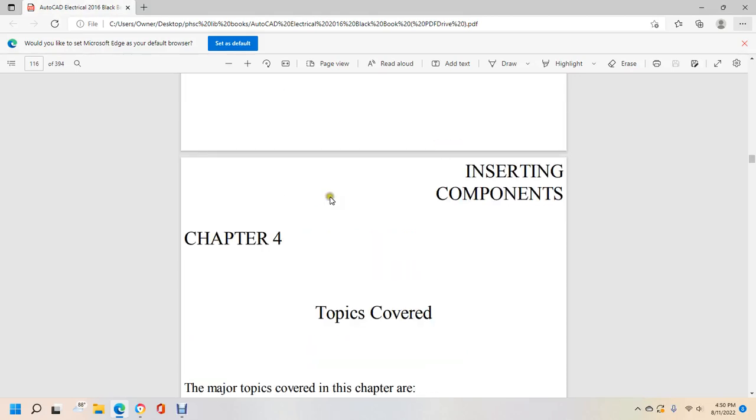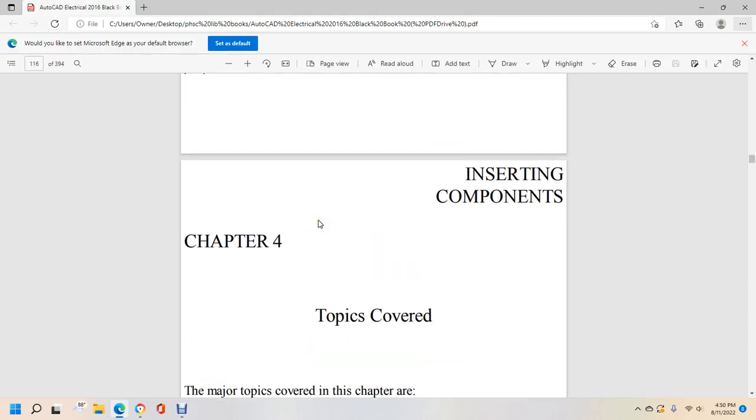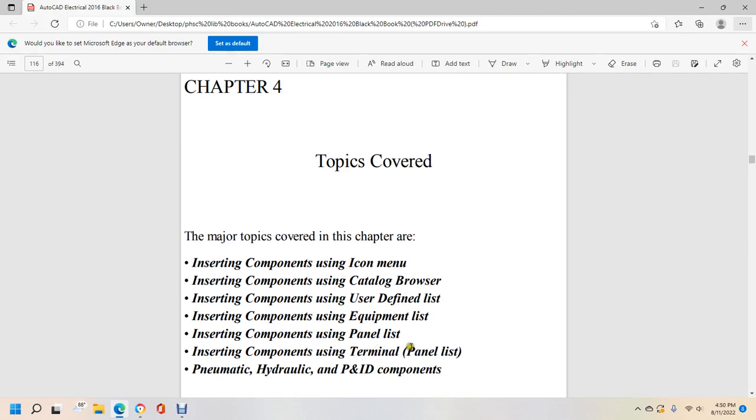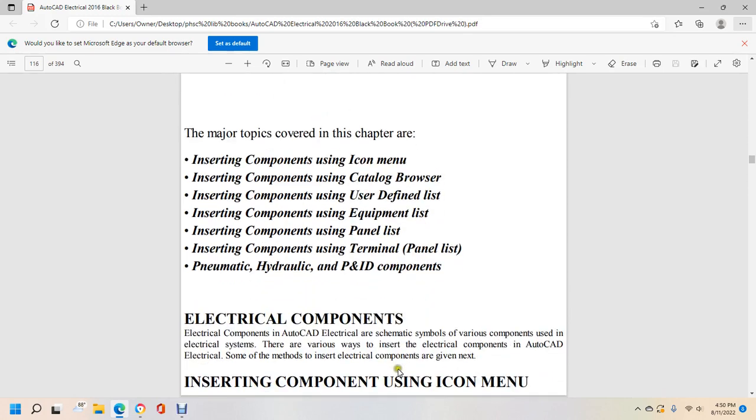Alright, Chapter 4, Inserting Components, Topics Covered. Major topics covered in this chapter: inserting components with the icon menu, inserting components with the catalog browser, inserting components using the user-defined list, inserting components using the equipment list, inserting components using the panel list, inserting components using the terminal panel list, pneumatic, hydraulic, P&ID components,